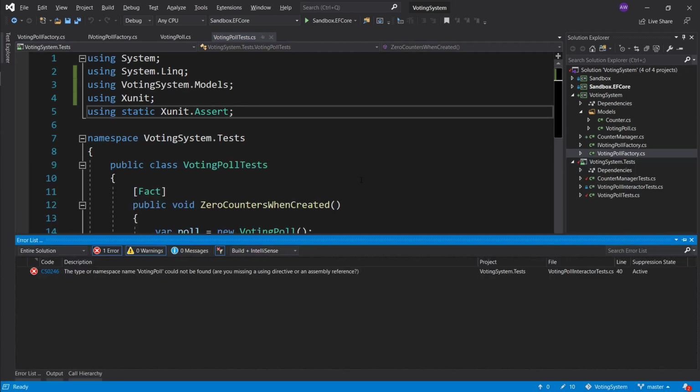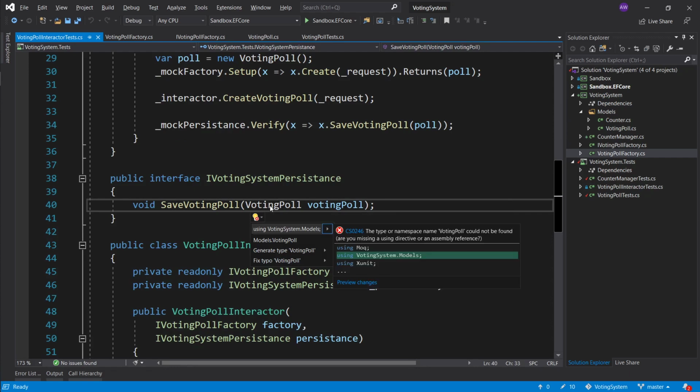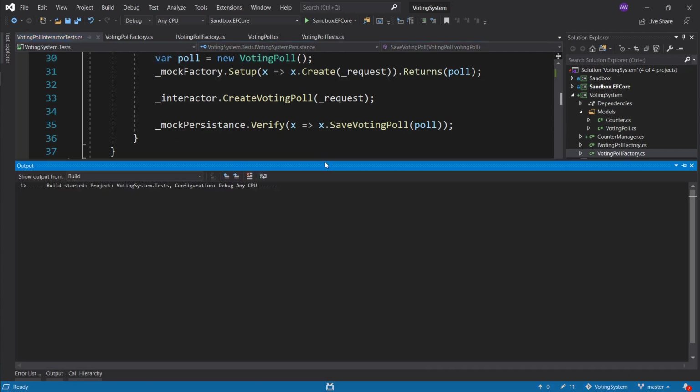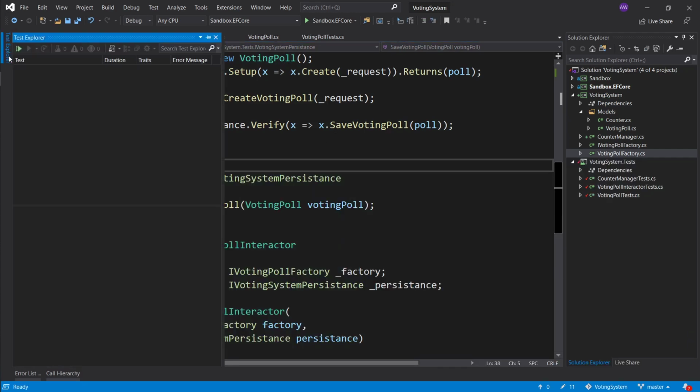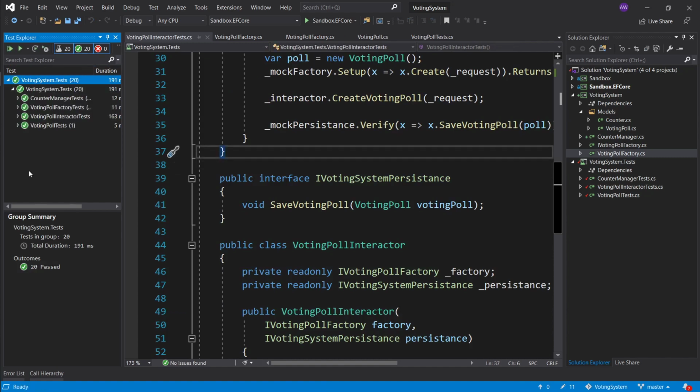One thing is still failing, and that's inside the voting poll interactor tests. Let's take a look at this, and we're missing the voting poll, so let's grab the using statement. Okay, let's build everything again, make sure it all builds, and if it builds, we can actually run our tests. Let me pin this window because we're going to be using it right now, and let's run them. Okay, since all of our tests are passing, let's close everything except the voting poll interactor tests,